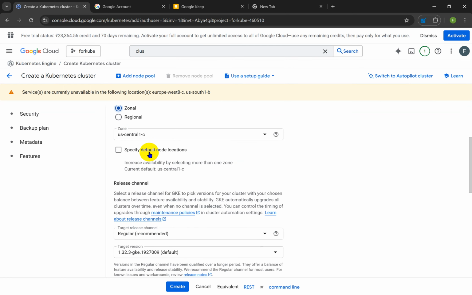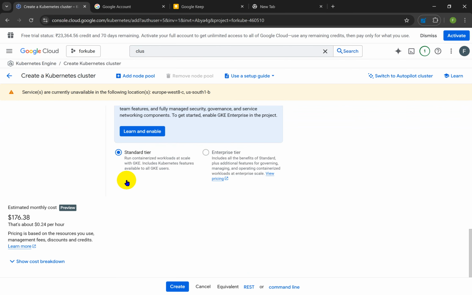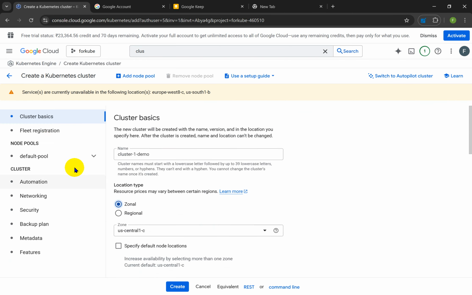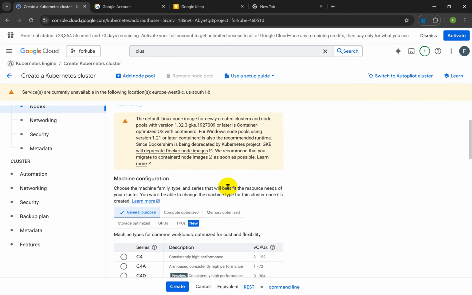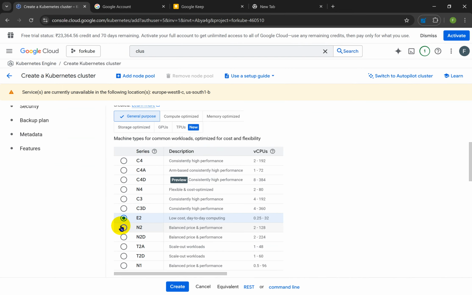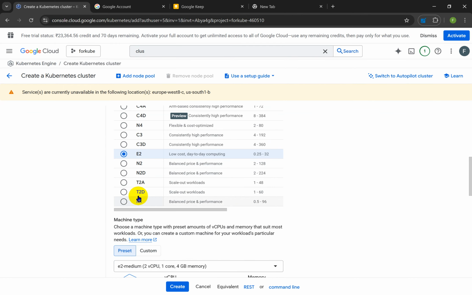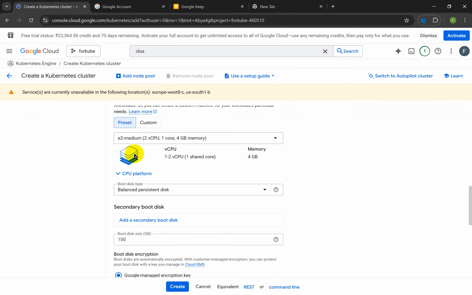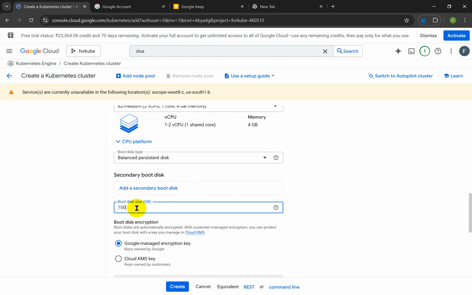Scroll down and we can see the zone and everything. Make sure it's in the standard tier, not in the enterprise tier. Scroll up and go into the default pool. In the nodes one, scroll down, make sure it's the E2, the general purpose in the E2 for the low cost. See, E2 is 2 vCPU and 4G memory, and make sure to edit the boot disk size from 100